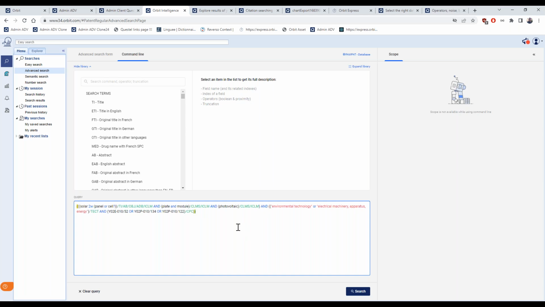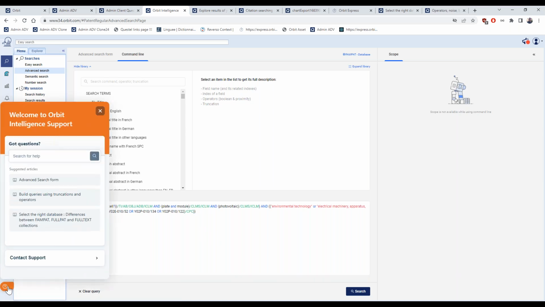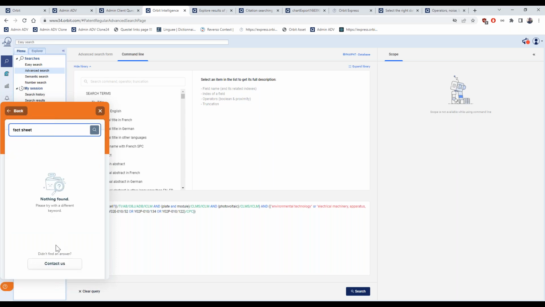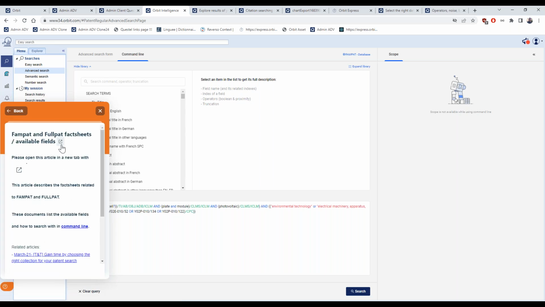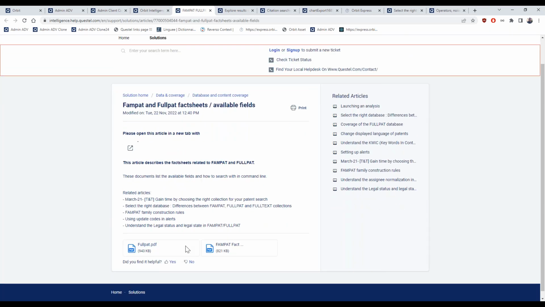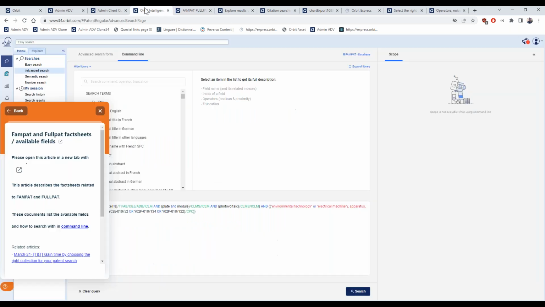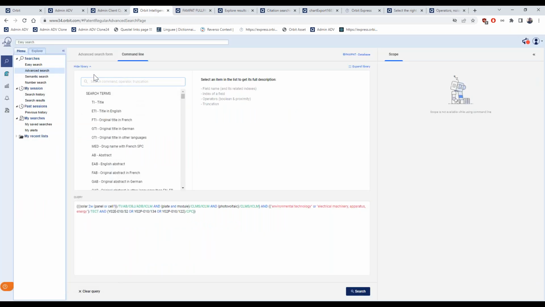The definition of the search fields is always available in the fact sheet, and the fact sheets can be found always in the knowledge base. Sorry, it's found under the path: FullPat fact sheets, available fields. And there are two PDF documents that you can download with the full list of search fields and examples and description. But now what's new is that you have a library.